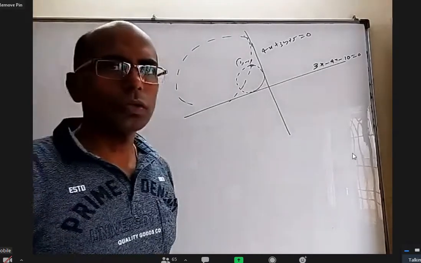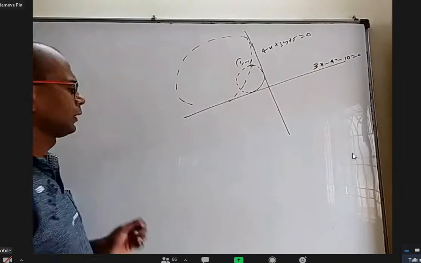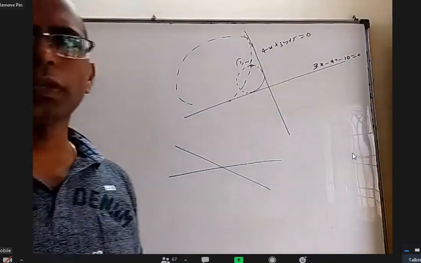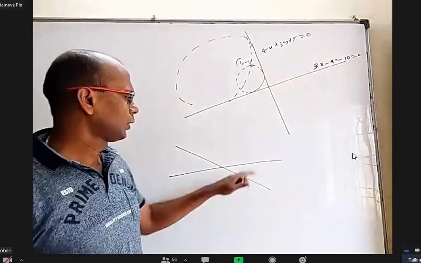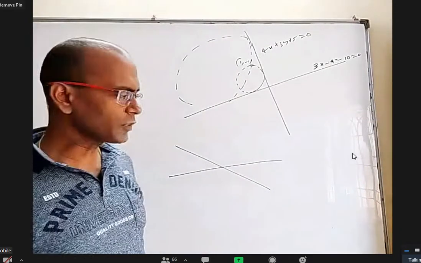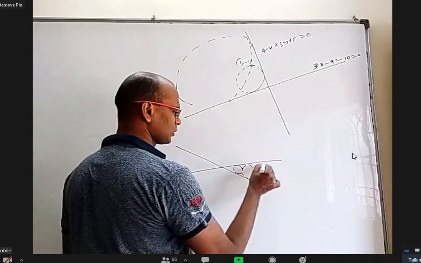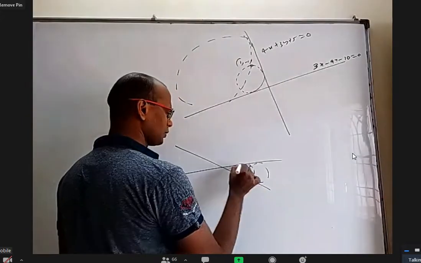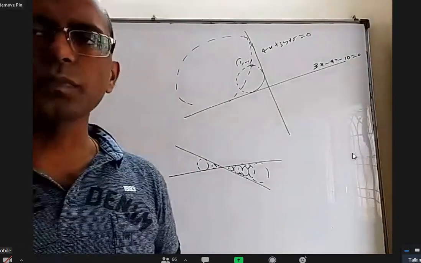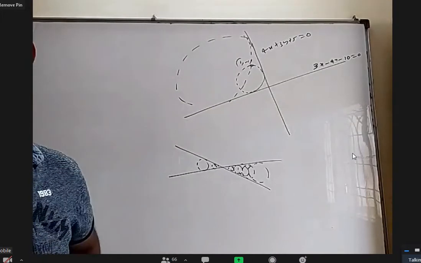Okay, so somebody can try to answer this question for me. Leave this. I can give any two lines; they may not be perpendicular. There is a set of circles touching both the lines, like this, like this, like this. There are a lot of circles touching both the lines. What is the locus of centers of all of them? Anybody?